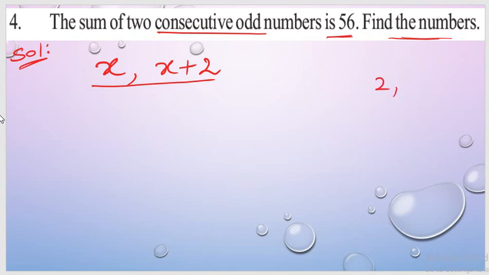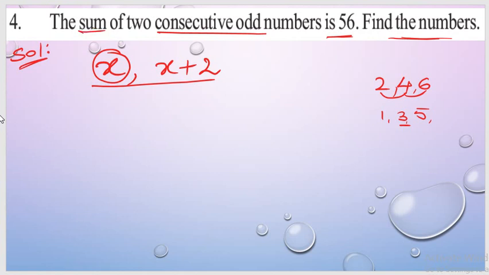We can easily understand from examples, right? If I take 2, what is the next even number that we are going to get? 4. Next even number 6. So on adding 2, we get the next consecutive number. Likewise for odd numbers, the same situation: 1, 3, 5. If you want to get the consecutive of 3, I need to add 2. So whenever I consider a number as x, then obviously its consecutive odd or even number will be x plus 2. Now the numbers are x and x plus 2.